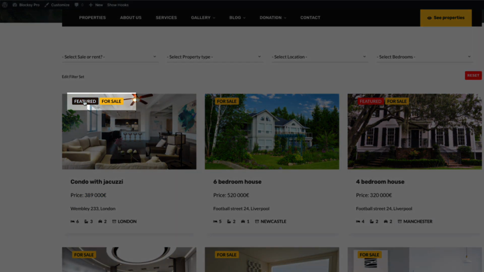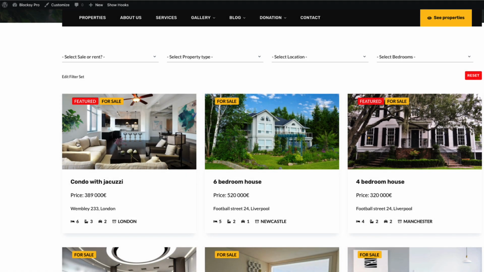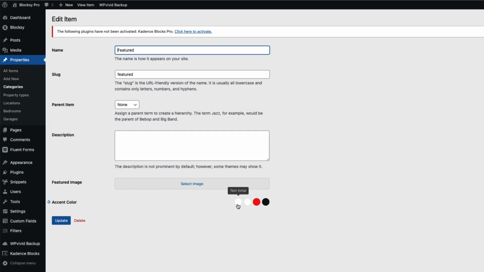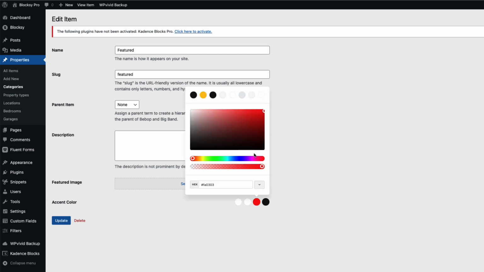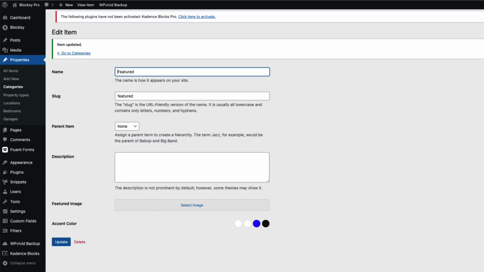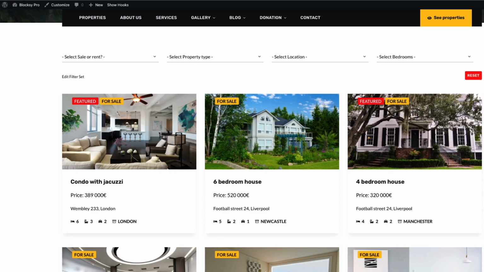As you see, I have 2 taxonomies, featured and for sale, for this specific property. Featured is red, and the other one is yellow or orange. So I can change the colors: text color, text hover color. Let's change it to blue, for example, and hover background is black. So if I update it and refresh it, then as you see, with a couple of clicks, I changed the